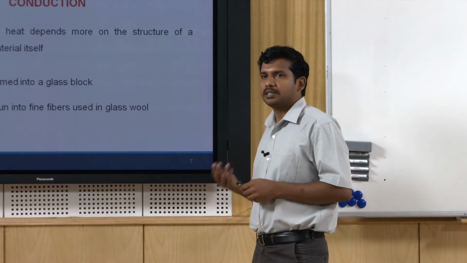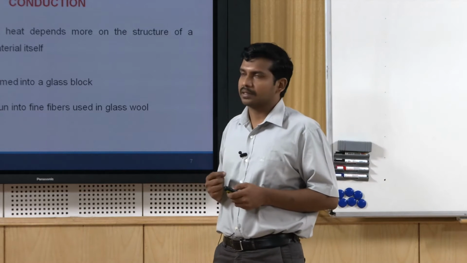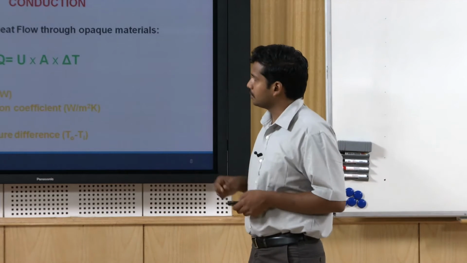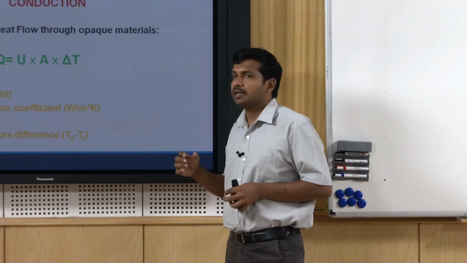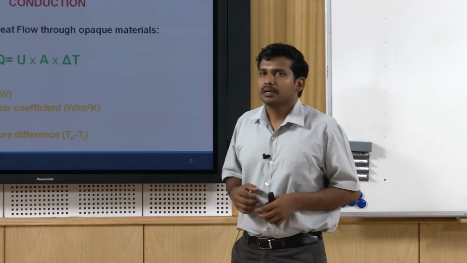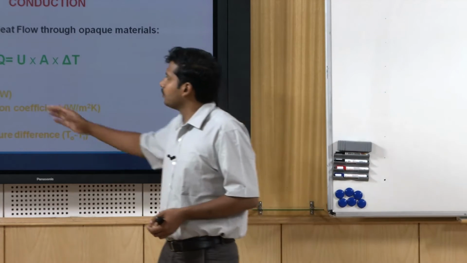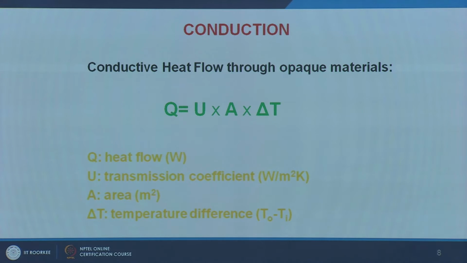There are a lot of air voids built in, and the microstructure itself is different. Because of this, there is a considerable difference in conductive heat transfer. This is a very simple, most commonly used equation for heat load and cooling load determination in buildings. On one side you have Q, which is the conductive heat flow through opaque materials,